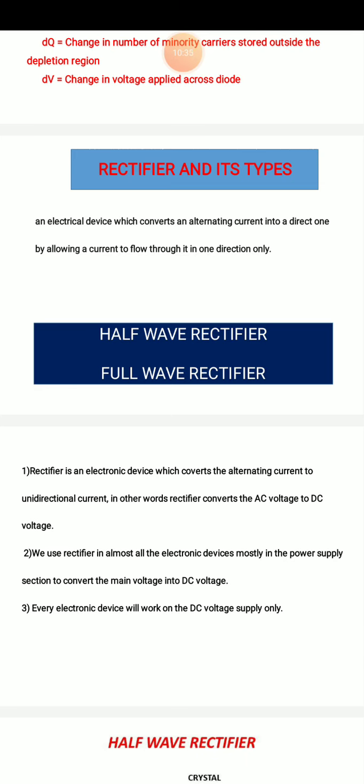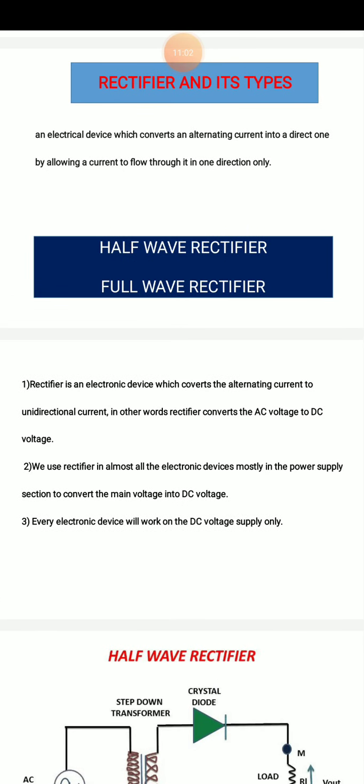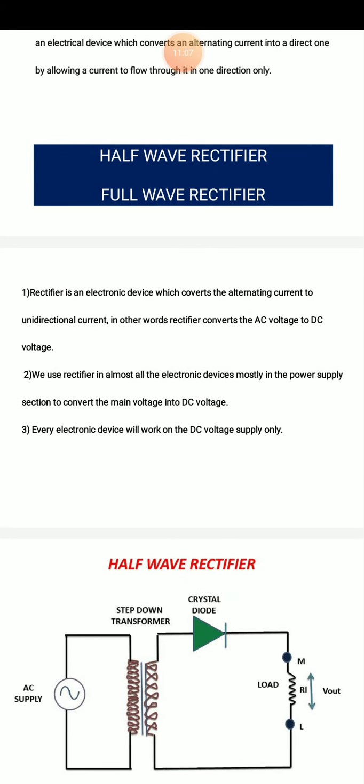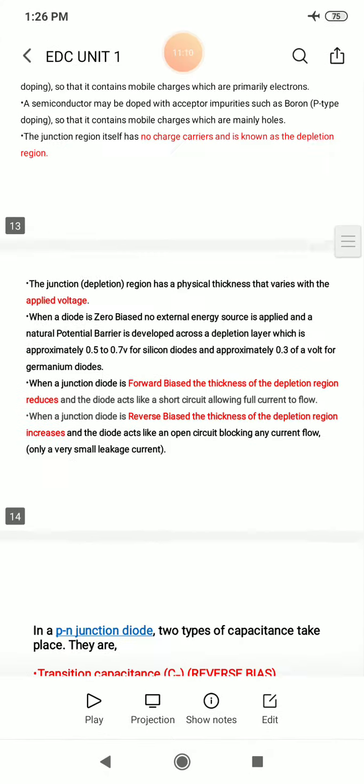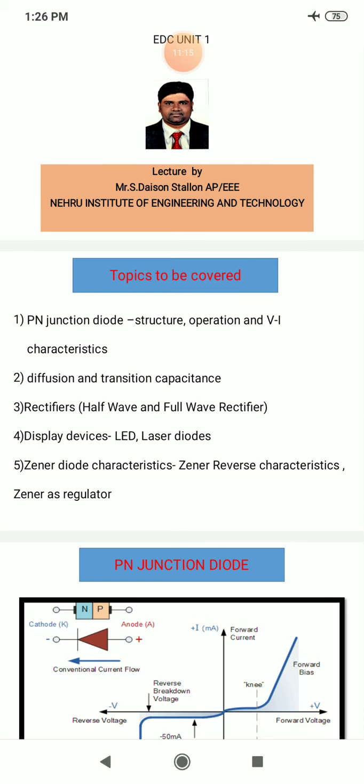Very, very important. Similarly to the diode, we know that the rectifier is a one directional conversion, that is converting AC into DC. It converts the alternating current into direct current. That's the important explanation or definition for the rectifier. There are a number of types, but basically we will be seeing the half wave rectifier and the full wave rectifier. These are the basic two types, and they are also in your syllabus, that is half wave and full wave rectifiers.